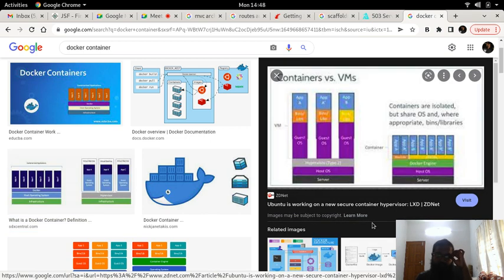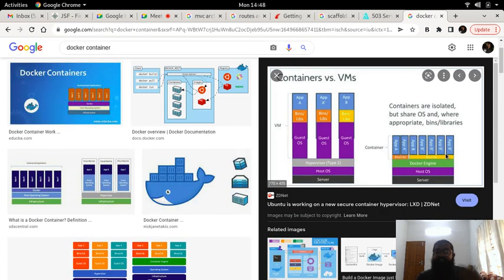So containers are lightweight environments where you can actually run applications, or where you can do specific tasks.